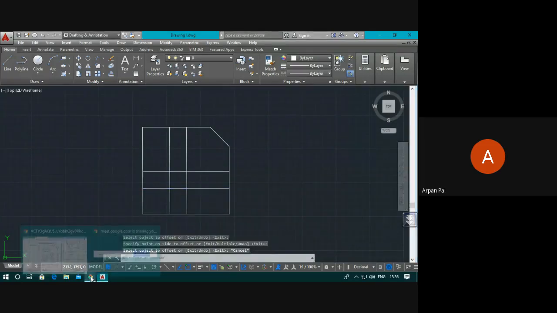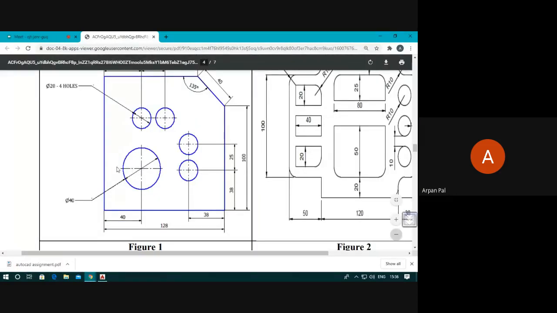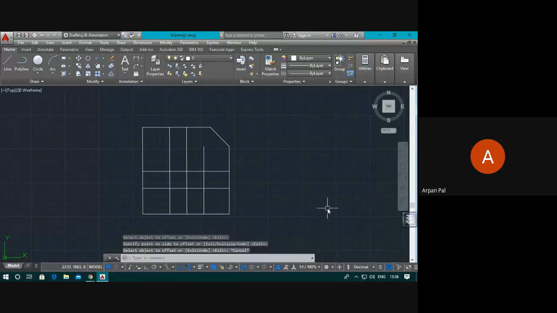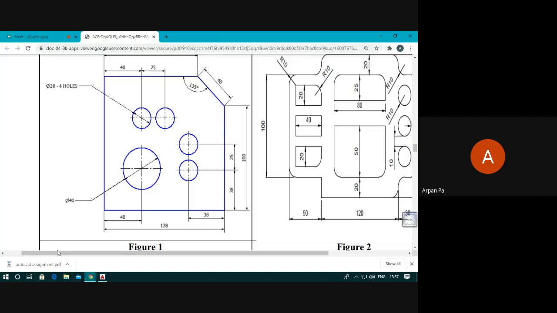And another thing I need to find out is, for this center I have already found out, because 25 is passing to this line. I need to find out this line which is passing at a 38 distance from this. For that, what I will do? Again offset, 38, take this line and make a line like this. So you understood how simple this offset makes our life. Is it clear?